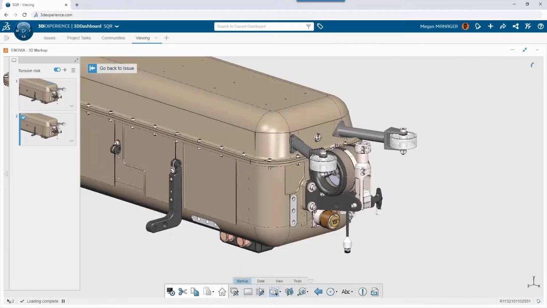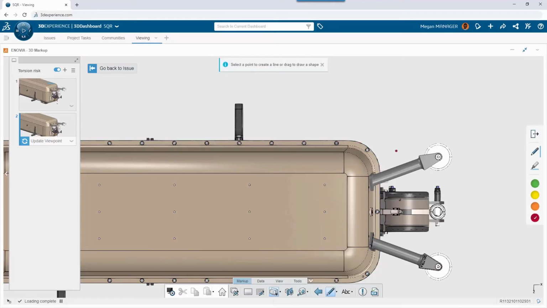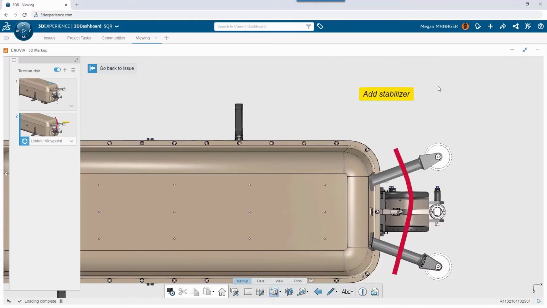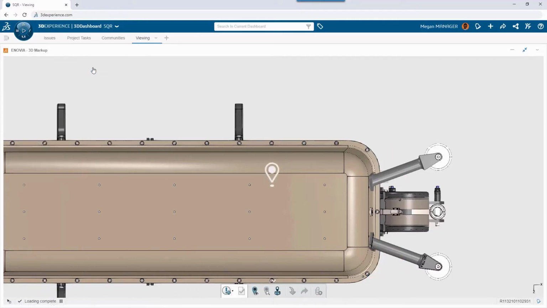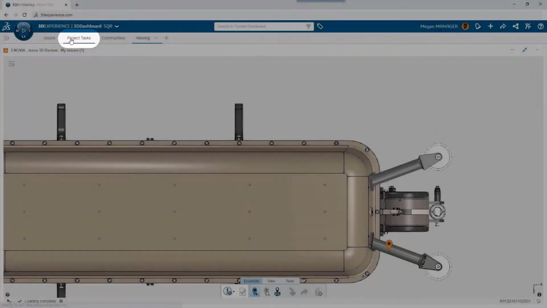Here you could create multiple views and add various annotations right on the 3D model. This markup is automatically attached to the issue report, and since my engineer was assigned the issue, they'll receive a notification through their browser letting them know they have a new task with all of the relevant 3D markup and information included. Let me show you what those tasks look like by just taking a look at the Collaborative Tasks